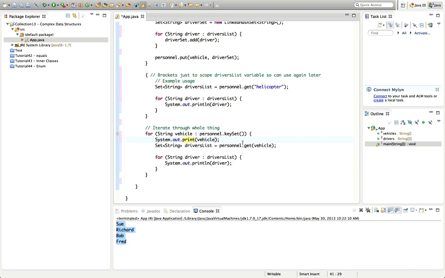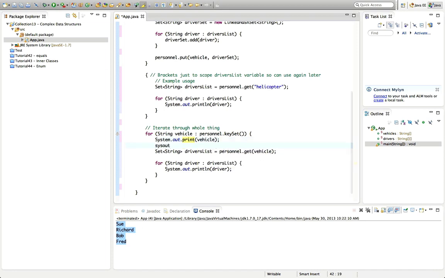So I print the vehicle on the line, and then on the same line now I can print a colon, like that, System.out.print again, and then I print the list of drivers with System.out.print, and let's also have a space like that. And then finally, let's have an empty sysout to just produce a new line at the end. And if I run that now,